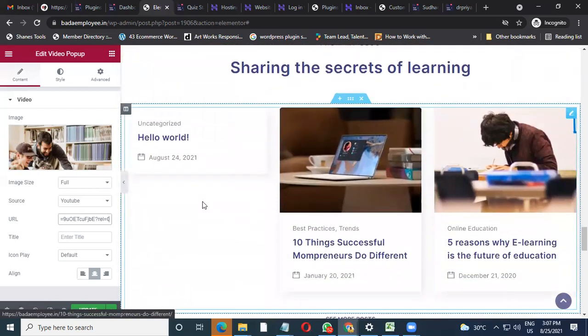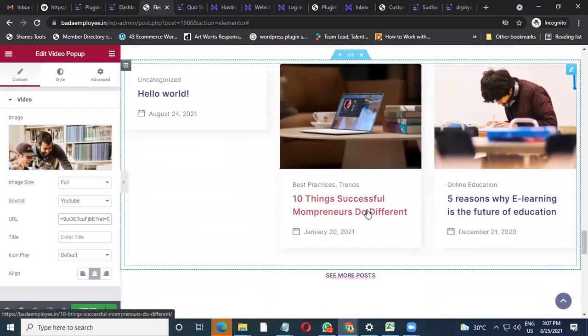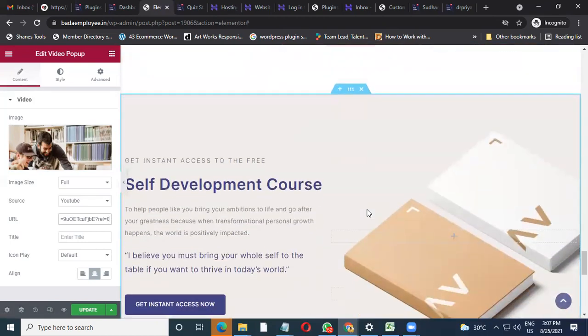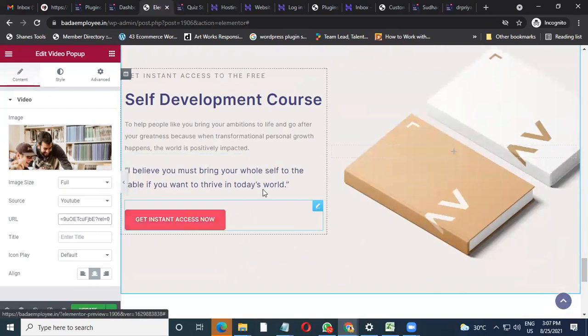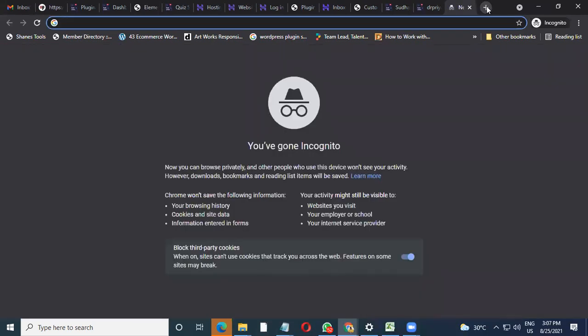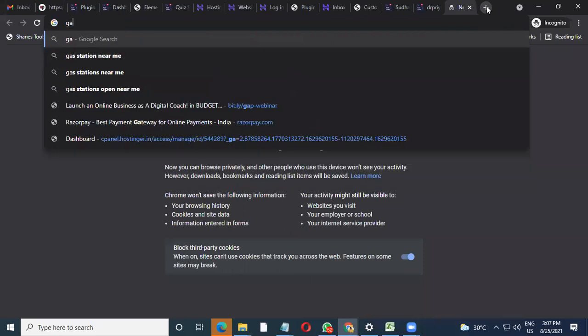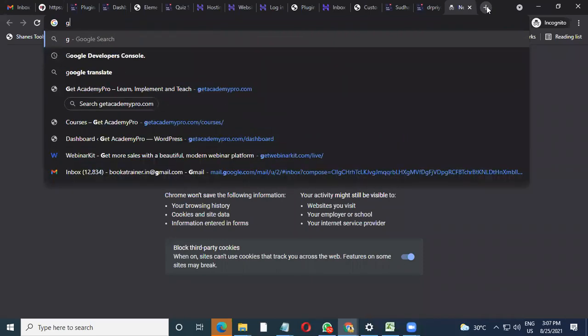This is blogging. Blogging again is taken care of from the back end, nothing from here. And in case you have any books, you can showcase the book layout and start selling books also. Like I have a few more clients who have done this particular site in a different way.